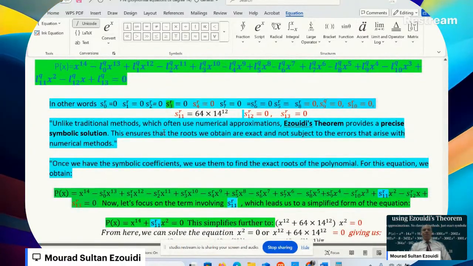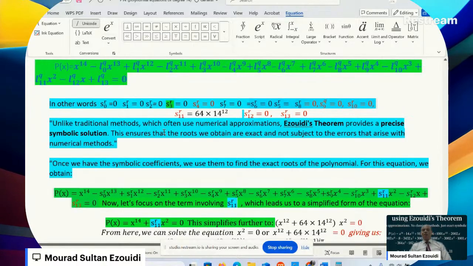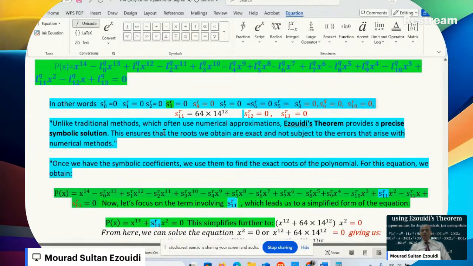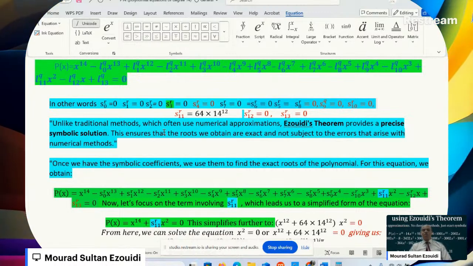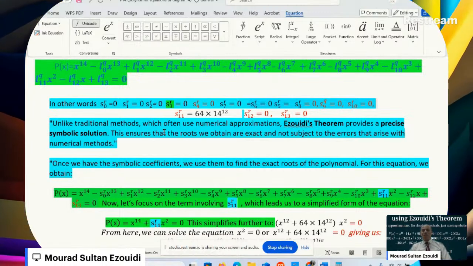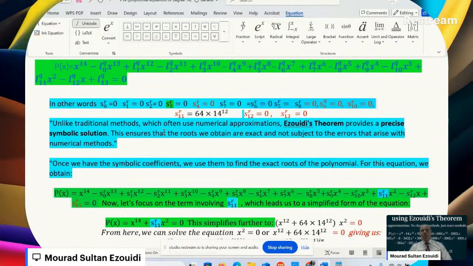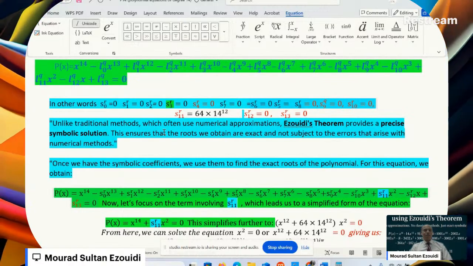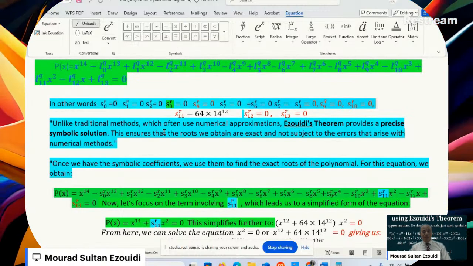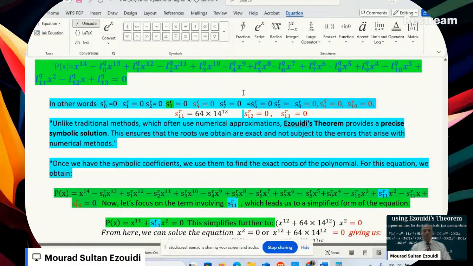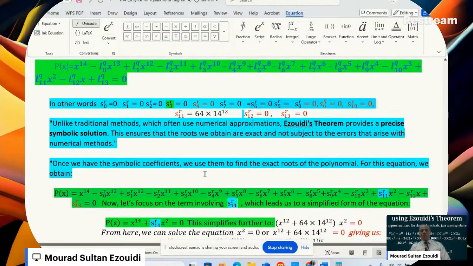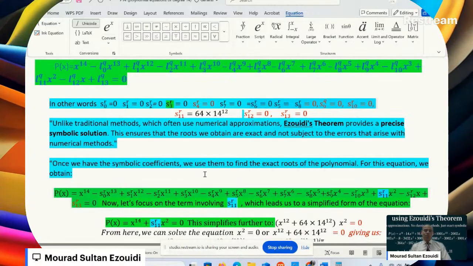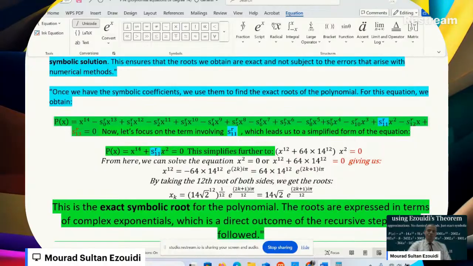Unlike methods which often use numerical approximations, Vieta's theorem provides a precise symbolic solution. This ensures that the roots we obtain are exact and not subject to the errors that arise with numerical methods. Once we have the symbolic coefficients, we use them to find the exact roots of the polynomial. For this equation, we obtain